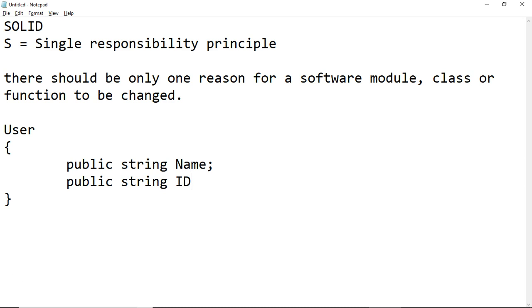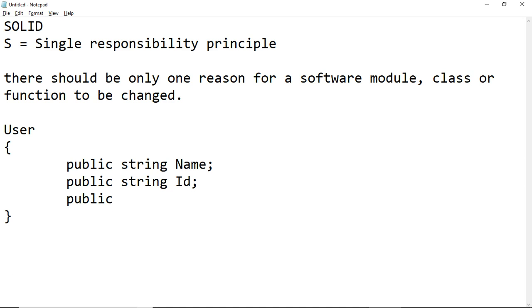I'm putting it as string because it can be a GUID, or it can be a combination of alphanumeric characters. So this is the user class. The user class carries the data for a particular user. Now in that, if I put a function like this,